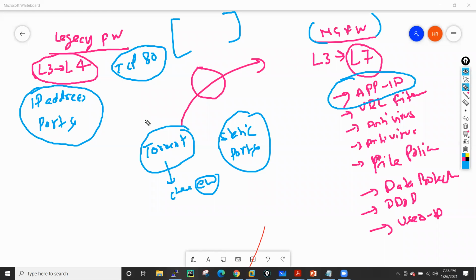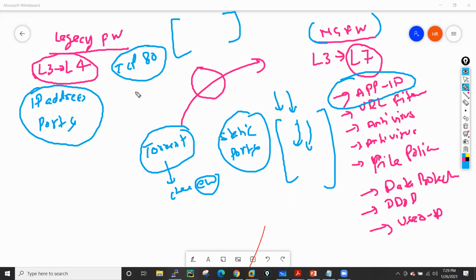If someone tries to access torrent, this firewall analyzes the data at Layer 7, the application layer, by doing analysis through inspection. In App-ID they do multiple inspections. They match the data against the App-ID signatures, then they do heuristic checks, and they also use decoders and scanning. They perform all these checks and try to identify which application this particular traffic belongs to.